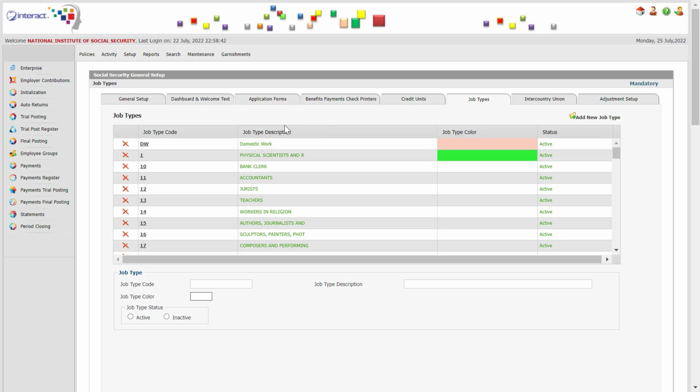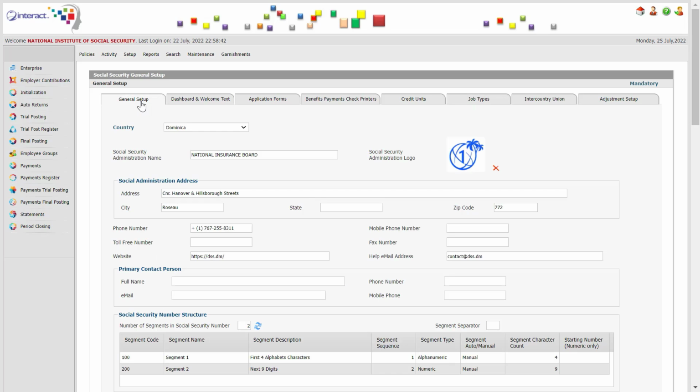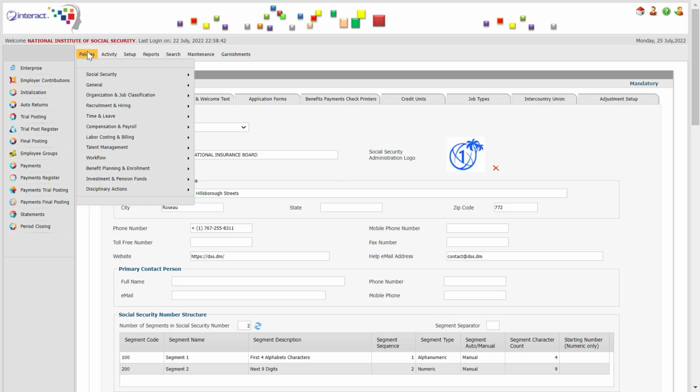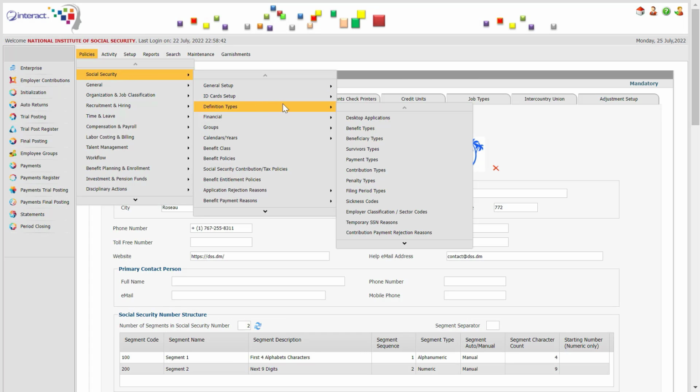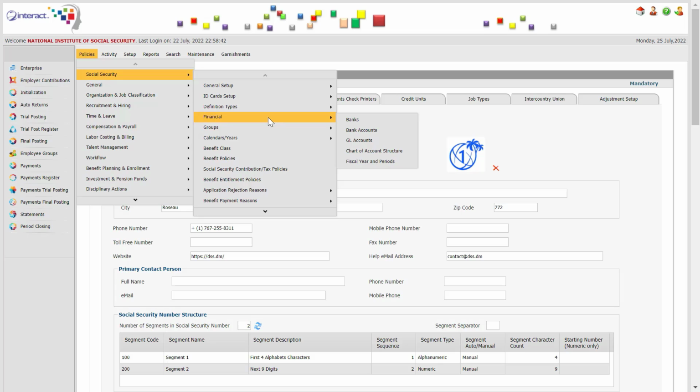be fully flexible. In fact, the setup of Interact SSAS can be divided in two main categories: Foundation Setup and Policy Setup. The Foundation Setup consists of the most general elements which apply in all cases to all policies, while the Policy Setup is more particular to specific individual policies. Under the Foundation Setup, we can find setup concerning financial details, but also group classification options and filing and payment